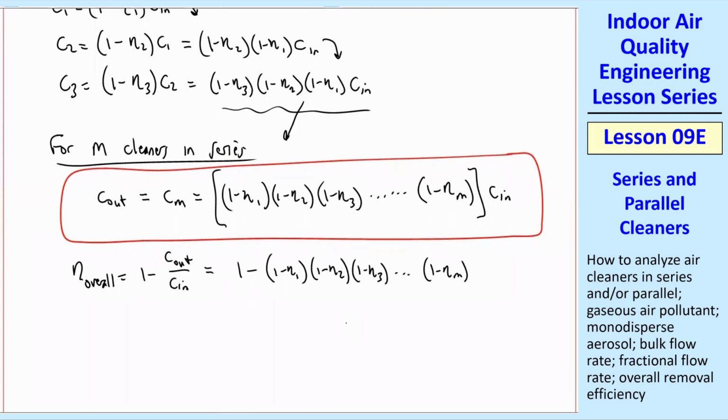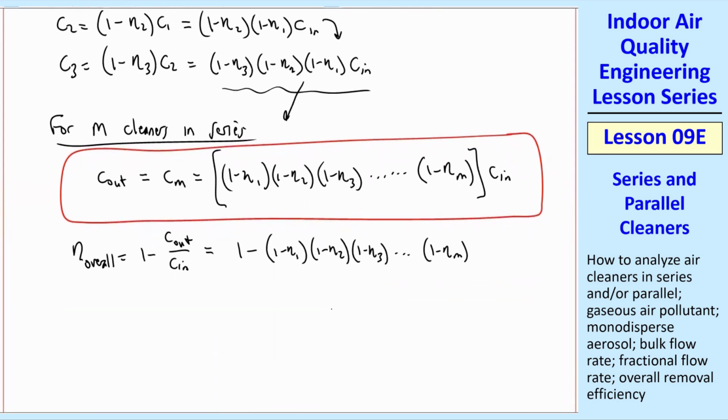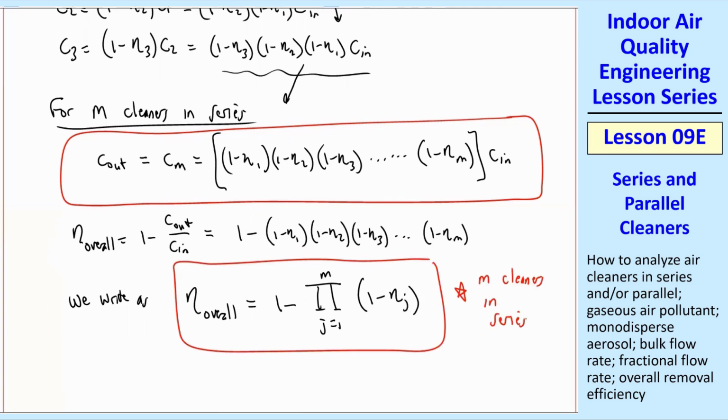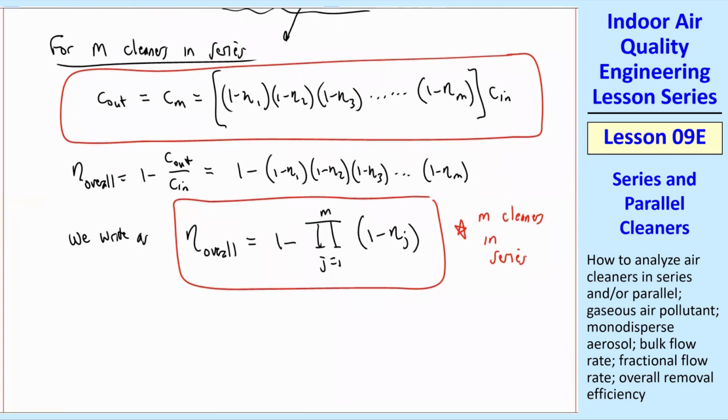Now these 1 minus etas are all multiplied by each other, so we can't use a sigma, but you may or may not have seen this symbol before. Eta overall is 1 minus capital pi, j equal 1 to m, of 1 minus eta j for m cleaners in series, where this pi, capital pi, don't confuse that with